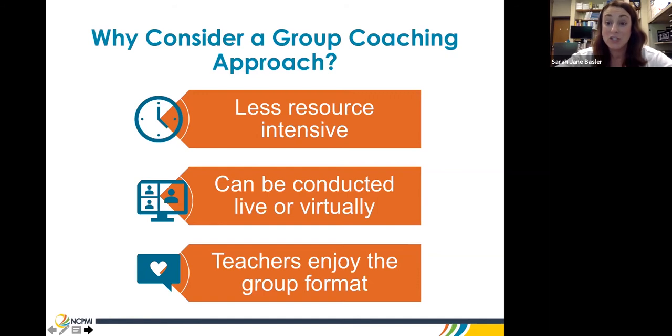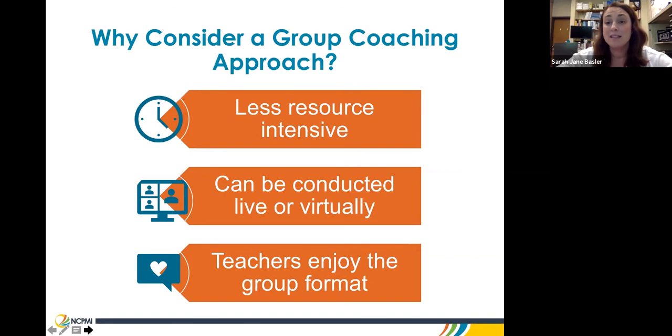And if you had 8 teachers, that would be about 16 hours for just one cycle with each teacher. If you had 8 individual cycles with those 8 teachers, it could add up to close to 128 hours. So if you were to coach those 8 teachers in a group, and let's just say you spend about an hour preparing for group and then an hour hosting the group, that would be about 2 hours per group. And if there's 8 group meetings, that's only 16 hours of your time. So you can see that group coaching is a less resource intensive way to deliver PBC.